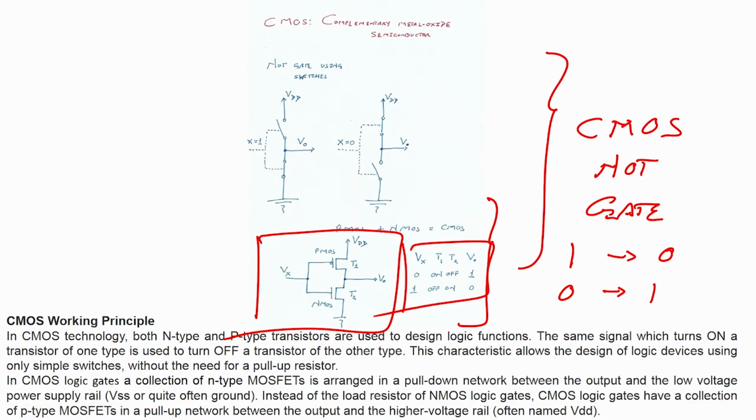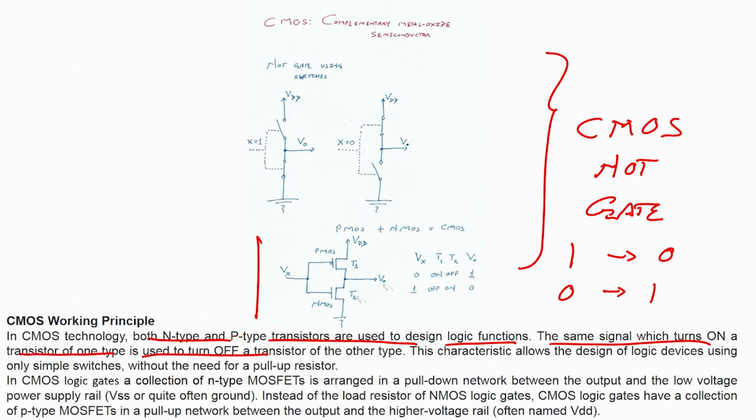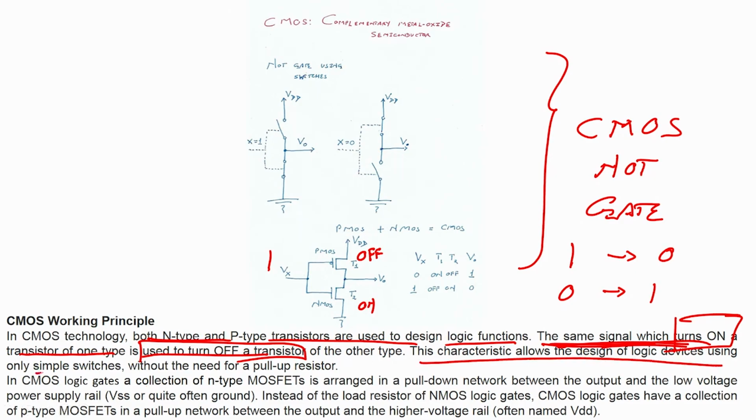right. So, in CMOS technology, both N type and P type transistors are used to design logic functions. The same signal which turns on a transistor of one type is used to turn off the transistor of the other type. You can see, right, if I apply 1, this is off while this is on, right. The same signal which turns on one transistor will turn off the other transistor. This characteristic allows the design of logic gates using only simple switches without the need for pull up resistors,